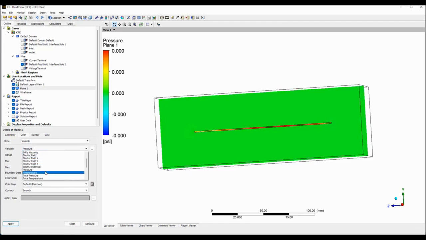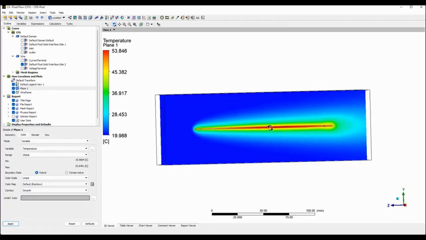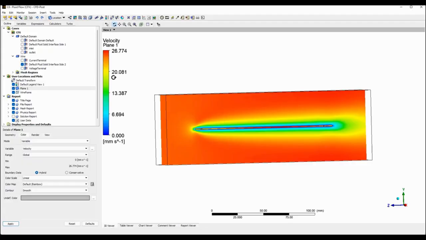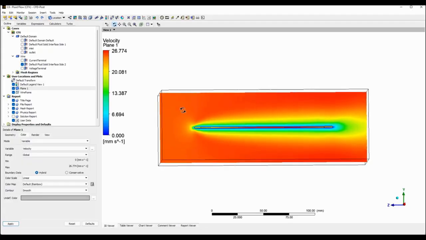To velocity. Do temperature maybe. You can see the heating effect of the wire and the air picking up the heat as it convects downwards. We can look at the velocity to show that this is a